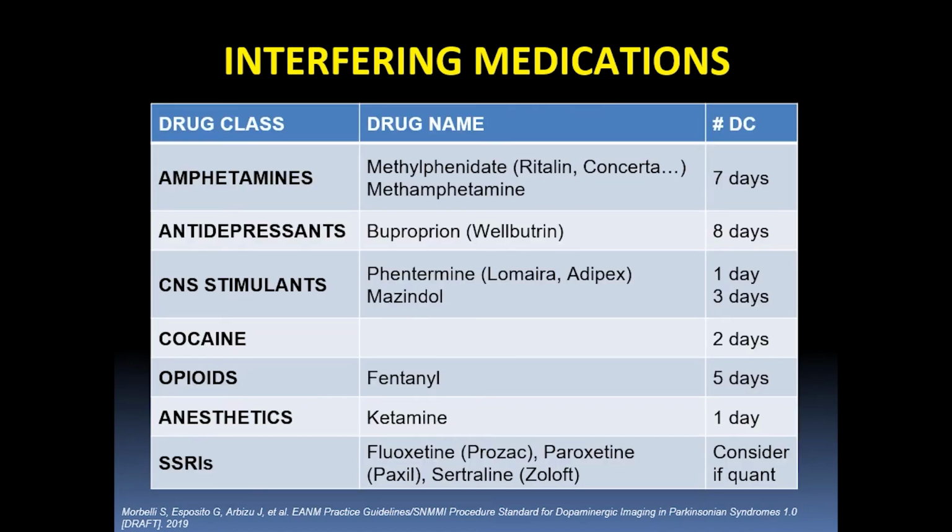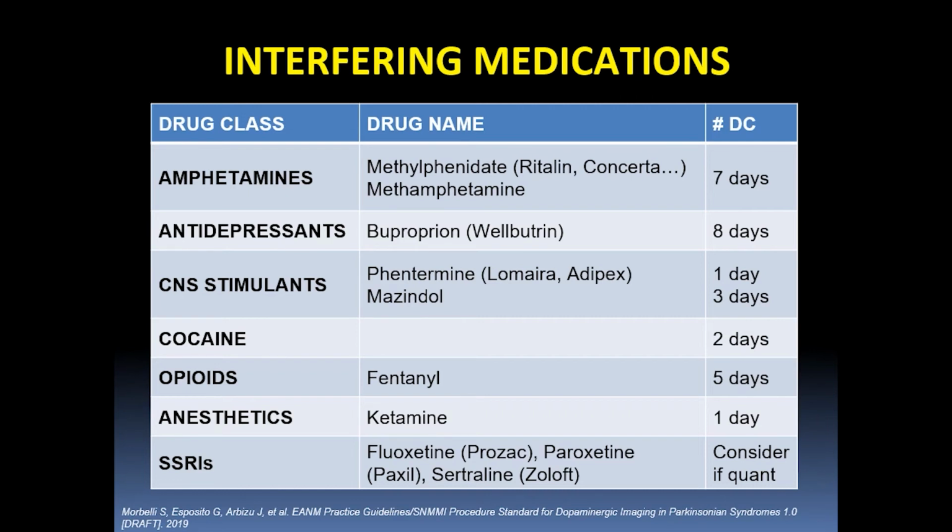So these are drugs that will significantly interfere with ioflupane binding. The first two on the list are the ones that are commonly encountered. The antidepressant Wellbutrin, also sold as Zyban for smoking cessation, can interfere, so one wants to discontinue that if able for 8 days. If the patient is on one of the ADHD or ADD medications such as Ritalin, you'll want the patient to discontinue those for 7 days if possible. Both of these will cause a decrease in uptake on a DATSCAN,